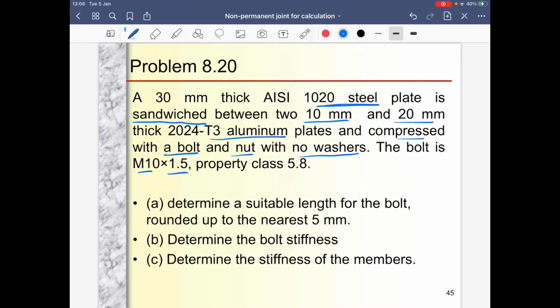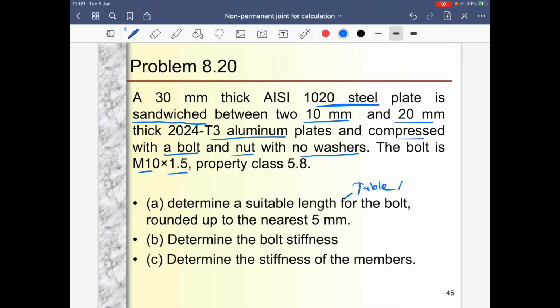Okay, so the question is A, determine the suitable length for the bolt rounded up to the nearest 5 mm. Second one, B, is determine the bolt stiffness, and C is determine the stiffness of the members. So question A is very straightforward. I believe everybody knows about this. So you just have to refer to